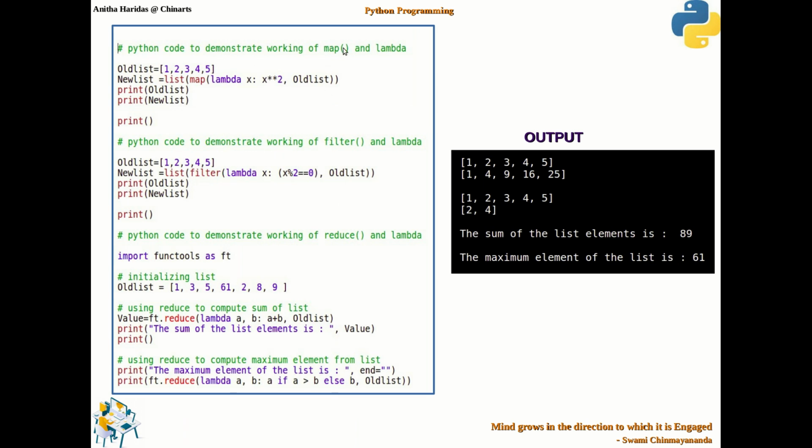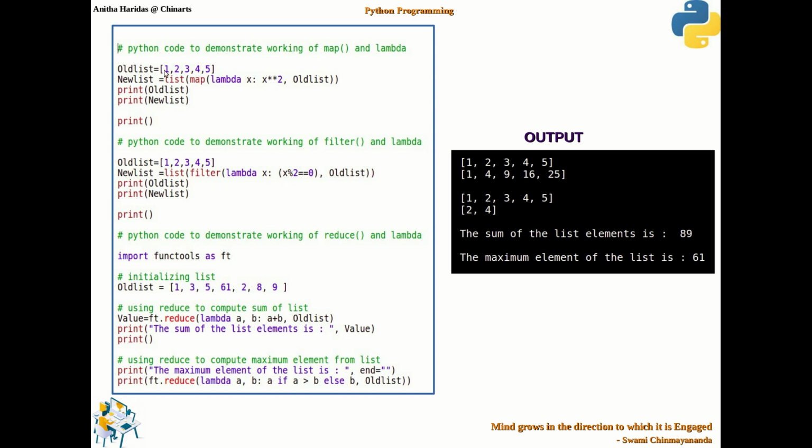Map function. So here you can observe I have an old list with values 1, 2, 3, 4, 5 and the lambda function is nothing but, whatever argument you are going to pass, you want to find the x square. X double star 2 means it is x power 2. So this x power 2 function will be applied to all the elements of old list.